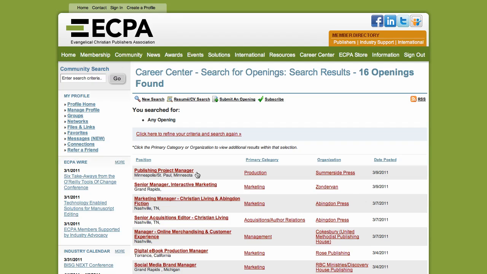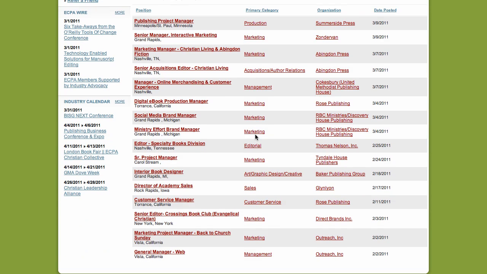Once you click Search, the system will return all of the job openings that fit within the search criteria that you've selected. To view a job opening, simply click on the name of the job. If you'd like to narrow your search via the primary category, you can just click on one of those. Or if you'd like to look for a specific company, click on the company name, and it will narrow your